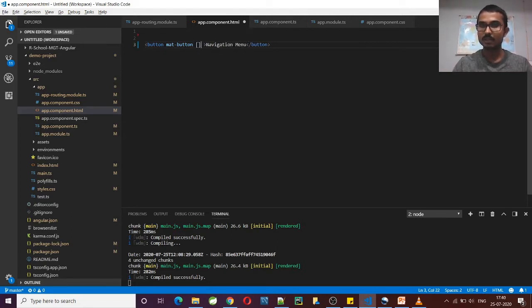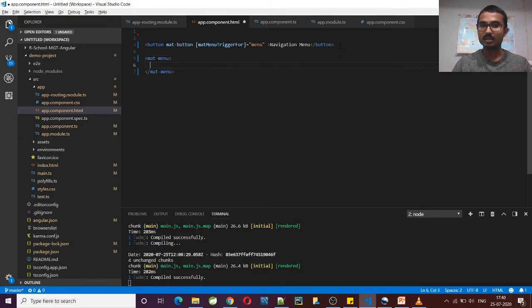For that we need to use one property, and this property name will be math menu trigger, for which it should trigger. So the value will be the menu I'm defining, so I'll create one section, and it will be referring to that menu. For example, I'm creating a math menu.